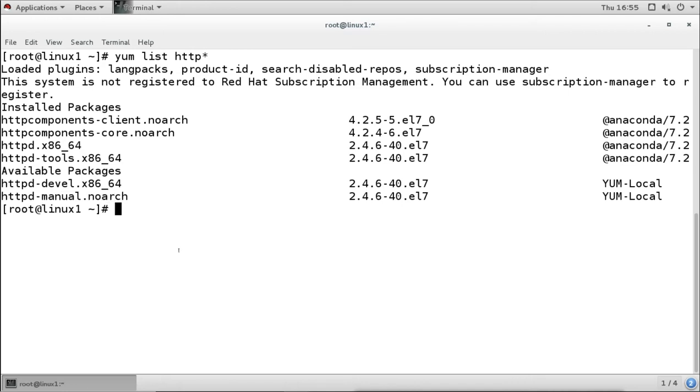So if we want to install, and if any packages are not installed, we can install the packages by using the RPM command one by one, or we can install them by using the yum command, with all their dependencies.